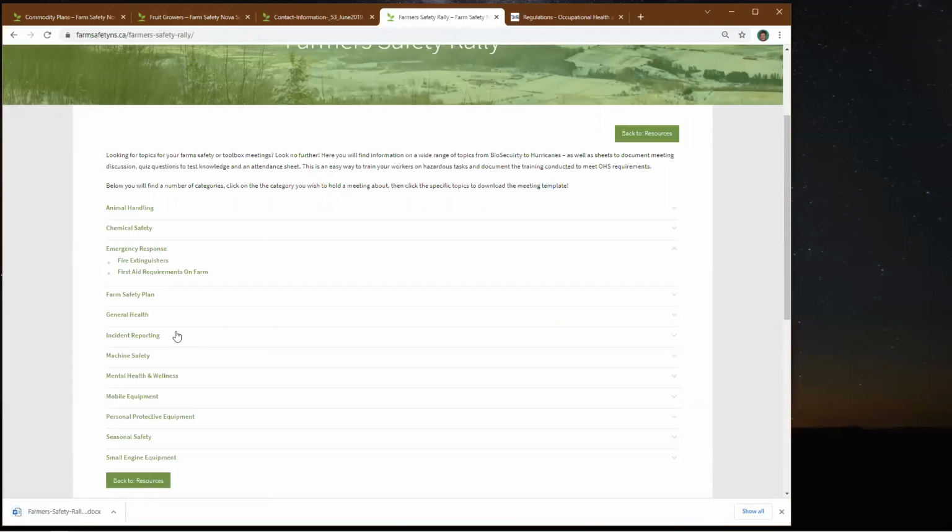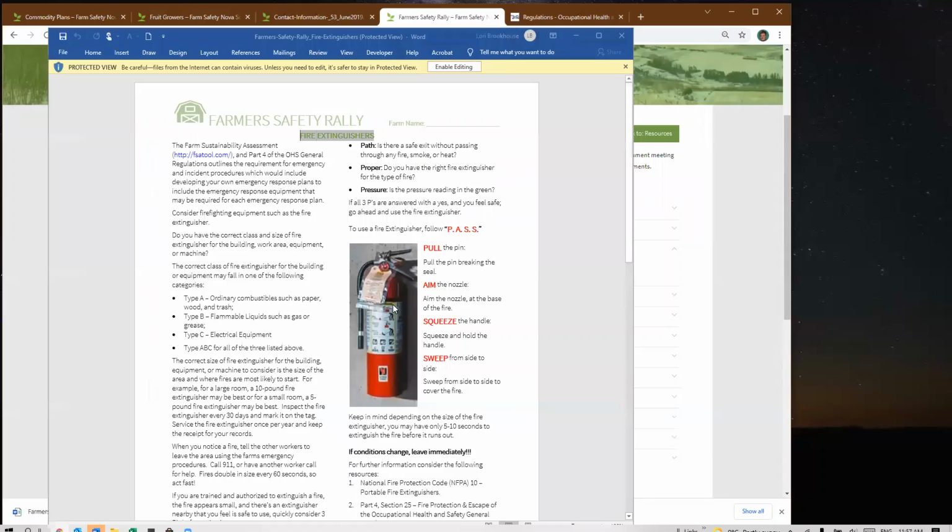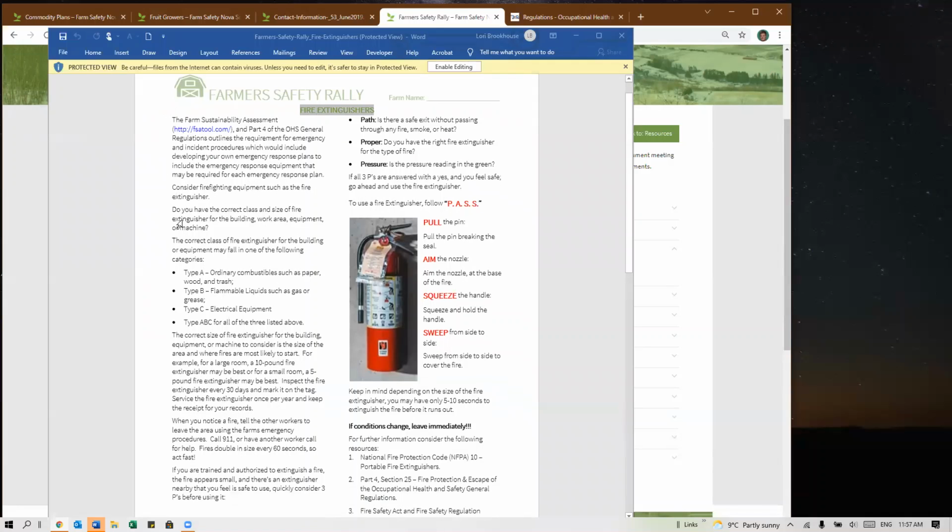Fire extinguisher safety month is usually September, so one month before emergency response month. But we want to make sure we have the correct number of fire extinguishers and the right class available. And then, of course, train our workers on how to use them so that if something does happen, they can pick that up and buy themselves time to get out or be able to put out that very, very small fire. So a farmer safety rally is a safety meeting template, and the first page is just all of your